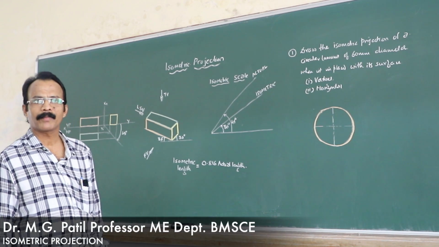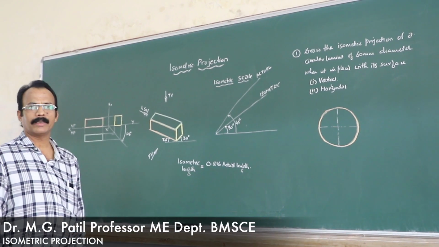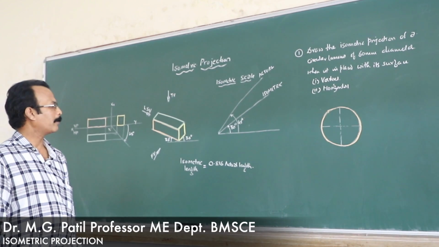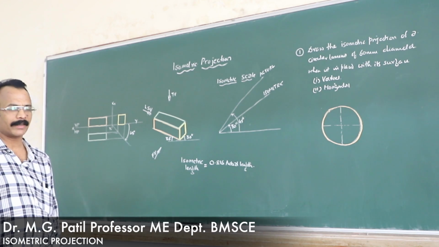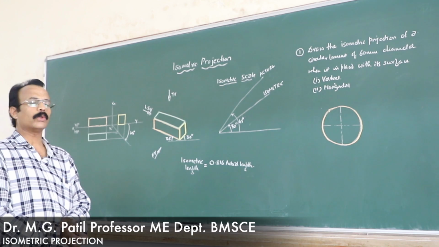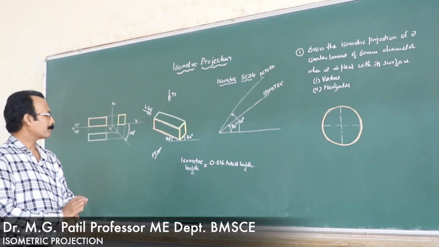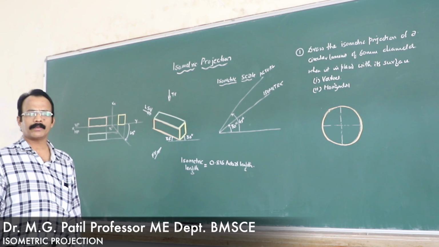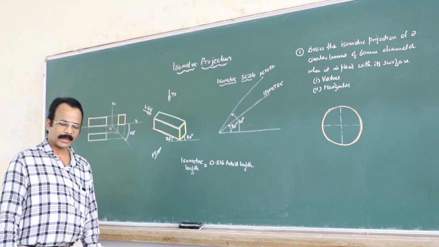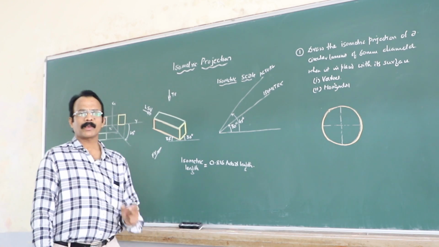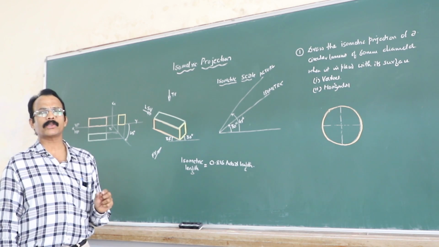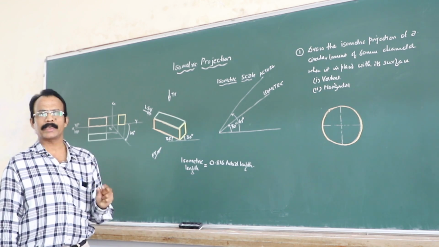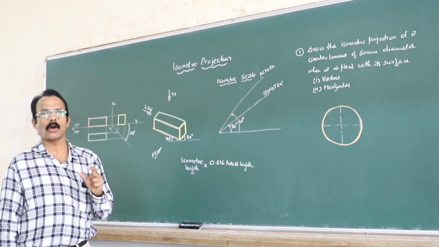Good morning, everybody. So, hope you will get some idea about the isometric projection chapter, which is the last chapter in your syllabus. Okay, so you see, whatever we have learnt in the orthographic projections, the drawings we prepare for orthographic projection consist of true length, true shape, etc. And those drawings are basically required for manufacturing a component.